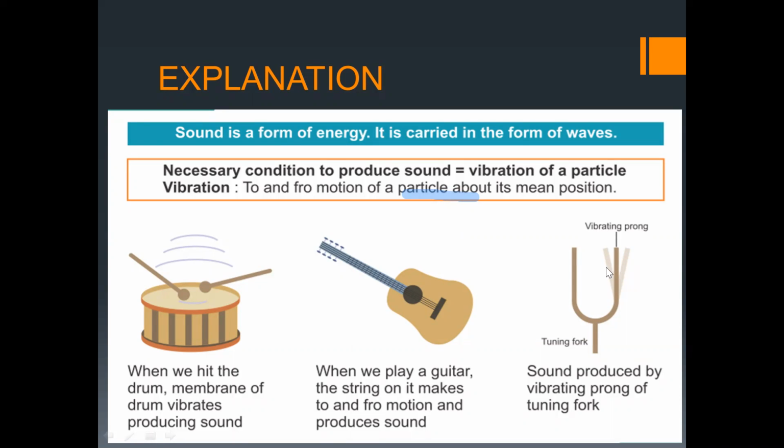A little bit it moves here, a little bit it moves here, but actually it remains fixed to its original position. That is called to and fro motion. To and fro motion of a particle about its mean position, meaning about its fixed position,